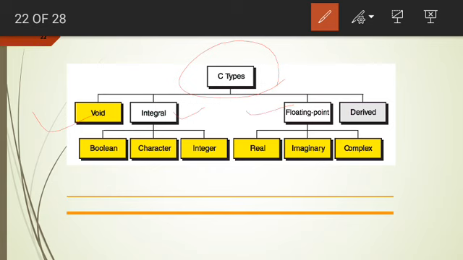If you have floating point numbers, then it will be floating point, and derived is a different mechanism. In integer you will get boolean, character, integer. In floating point you will get the real, imaginary and complex numbers. We will take a detailed explanation of these in different data types.